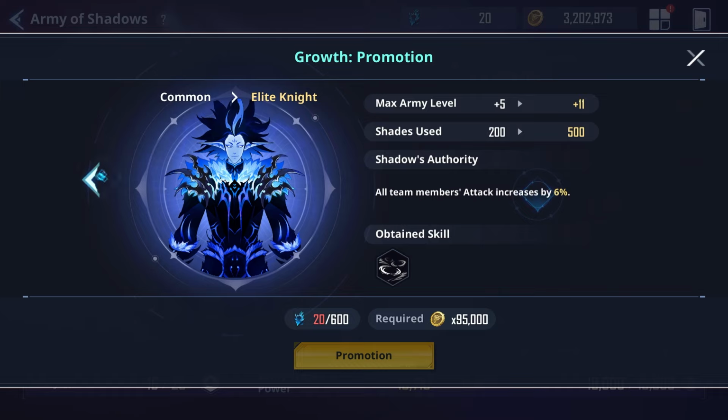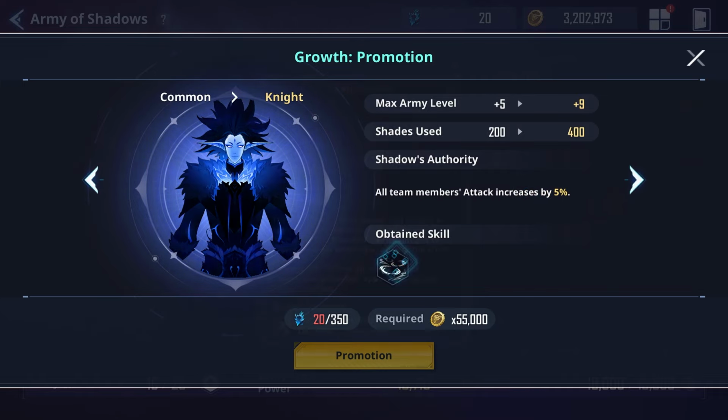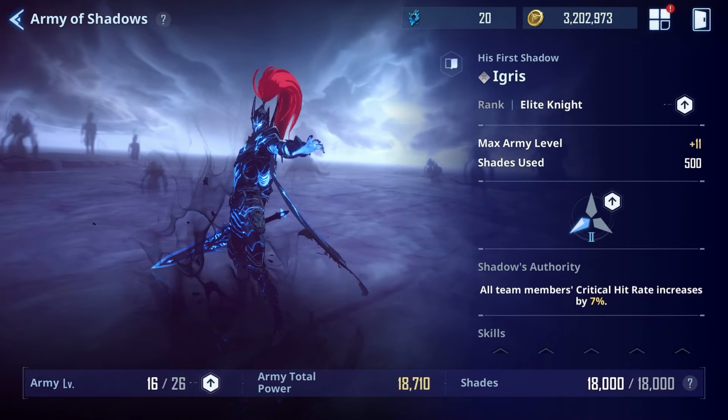They gain an obtained skill in between elite and knight, so you definitely want to try and save shades until you upgrade them to elite knight. If you can save 350, that'd be awesome. Obviously, for my free to win players, this might not be viable, but I'm telling you guys, the rewards will be worth it. Now, when it comes to promotions, you definitely want to upgrade Igris first,